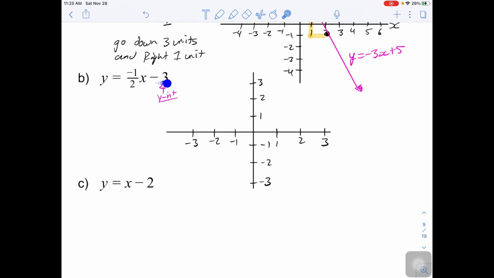So my y-intercept is at -3. So I'm going to plot my point right there. There's my y-intercept. And now from here, it's the same strategy. Figure out what your slope is and follow that instruction. So this is rise over run. So this is -1 over 2. Okay, so my rise is go down 1 unit,